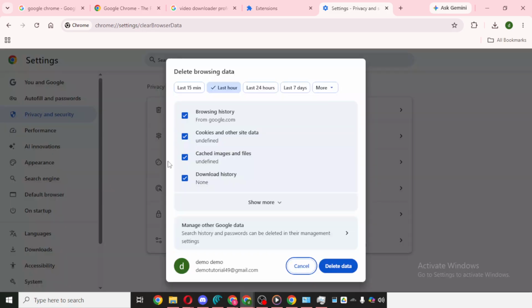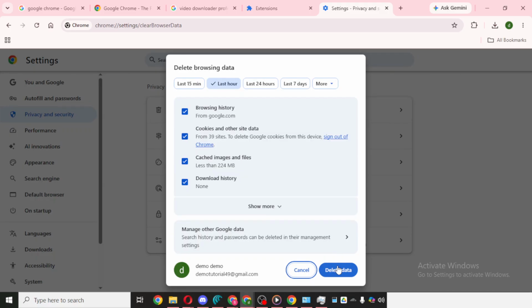When this window opens, you'll be able to remove stored browser information. Go ahead and click Delete. Clearing this data can fix captcha errors because it removes outdated or corrupted files that may be preventing the verification system from loading correctly. After the data is cleared, it's a good idea to close Chrome and open it again before testing the website one more time.